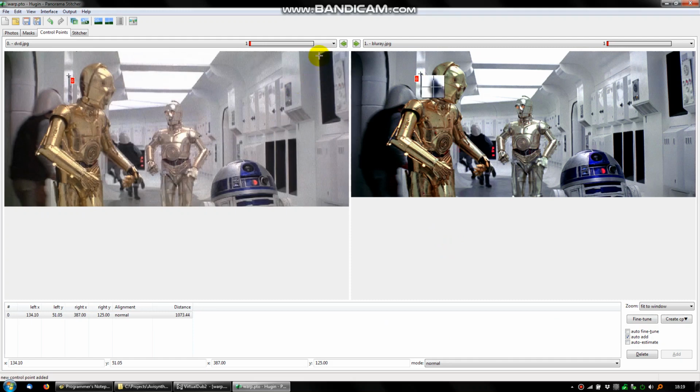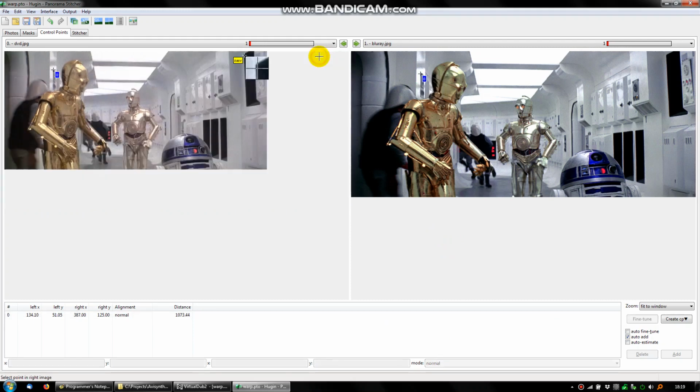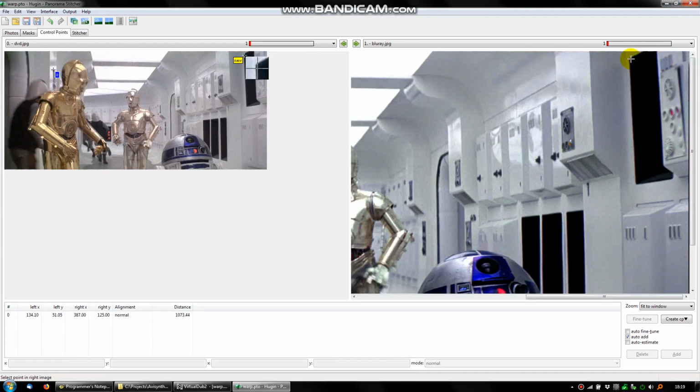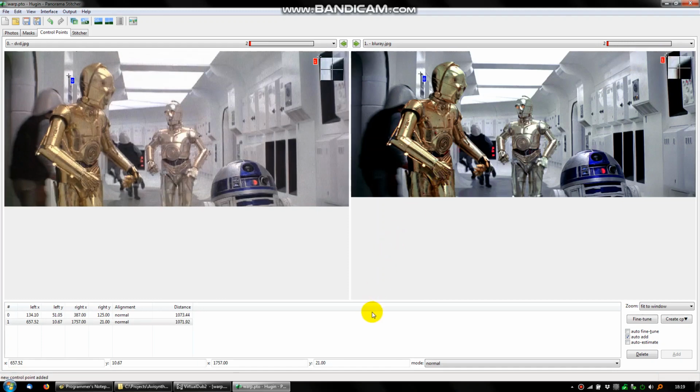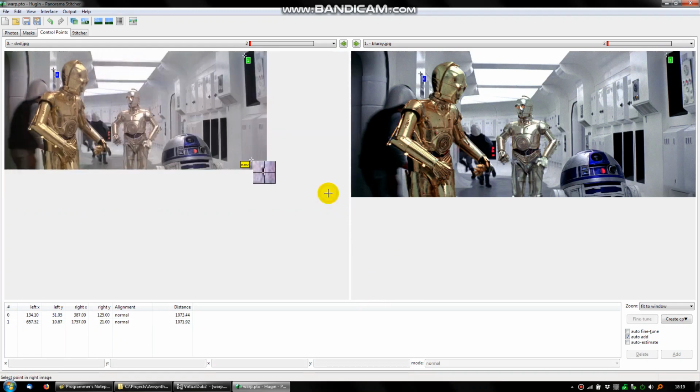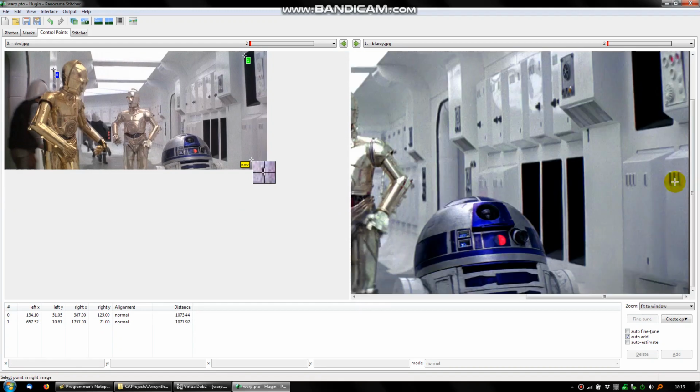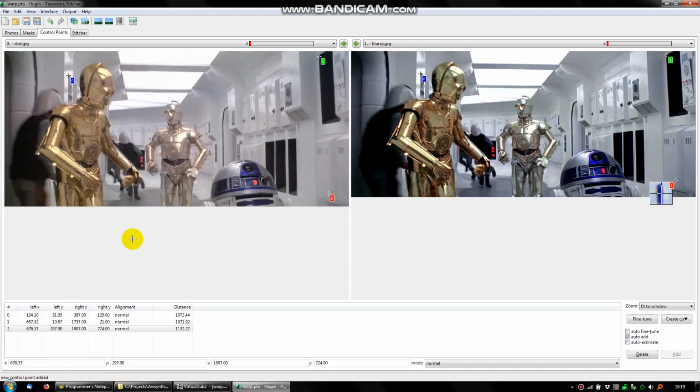We need another position on the top right, so I'll go for the corner of this box here. I just move the mouse down here, we'll get a zoomed in view. That seems like a pretty good alignment. There's a small mark on the wall here, which we'll use as another control point. Slightly to the right of that one, so just try and click in roughly the same position on the second Blu-ray frame there. And on the left we'll go for this point here, just on the corner of this object,